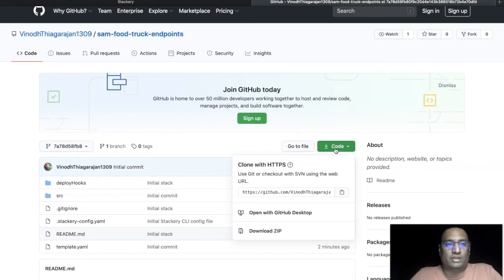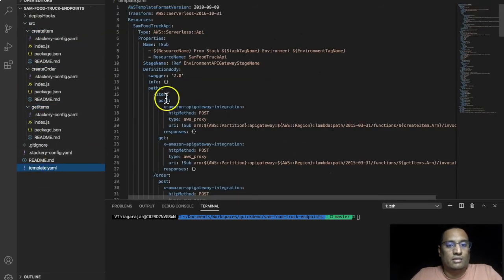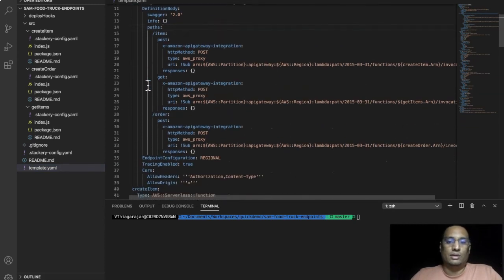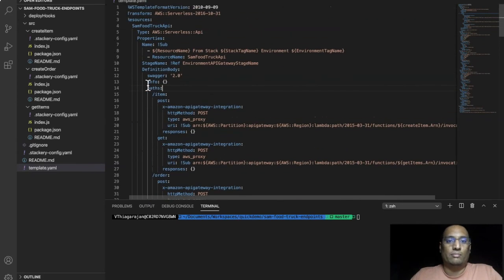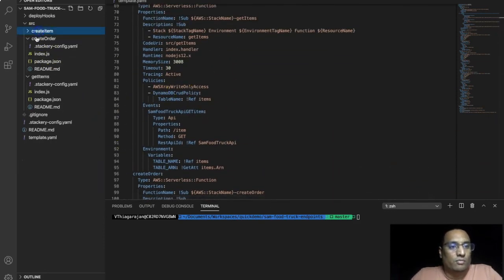I have imported this repository into my local Git, and it is up and ready. I have opened that in my Visual Studio Code editor, and we can see what has been created for us by Stackery. And this is the template YAML. What you see here is the Swagger 2.0 way of defining it. You can copy this whole thing and put it in SwaggerHub and start to define the API over there. It will still work, just that it is following OpenAPI spec 2.0 compared to the latest 3.0. But this is the template YAML. You don't need to understand any of this right now.